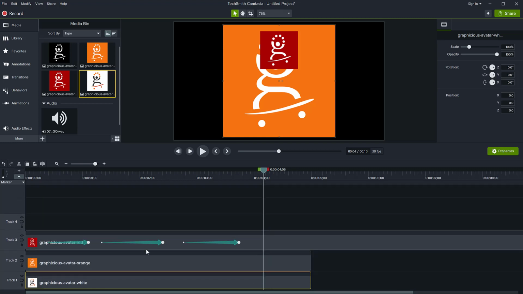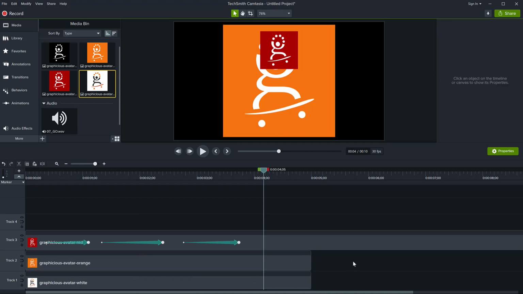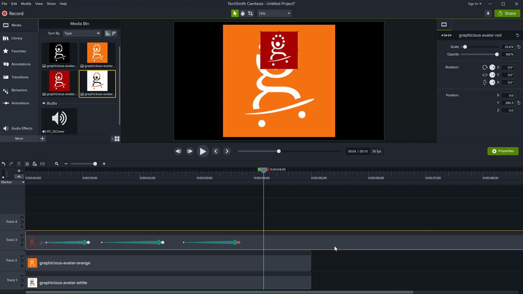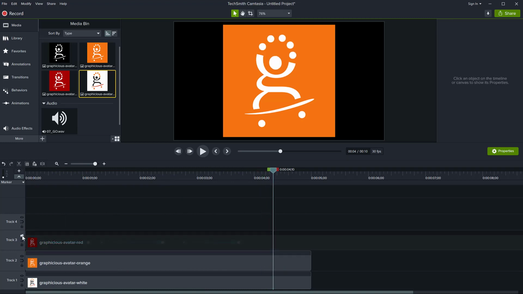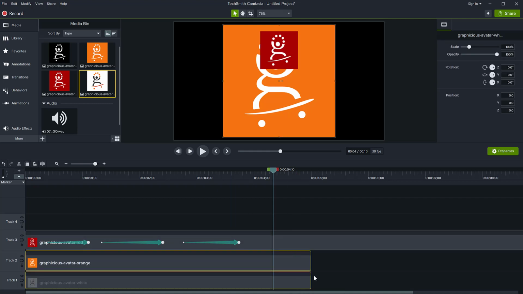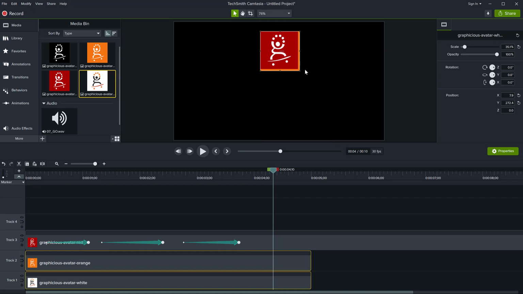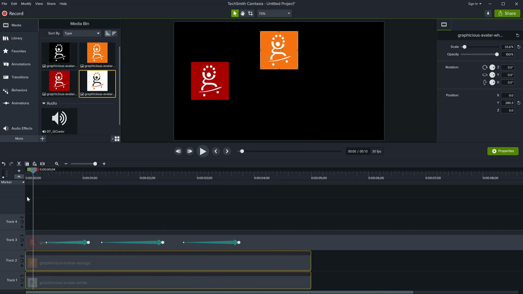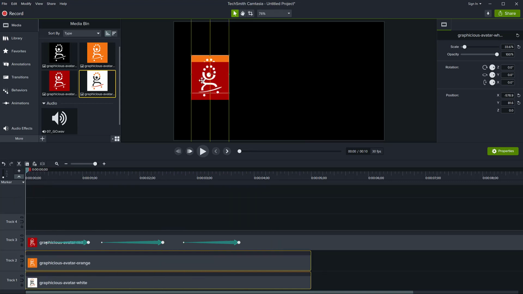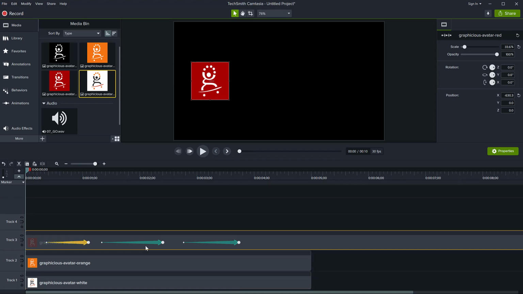So once you have set the size of the object and the initial placement, you can play with them. If you see now, this red one has the proper size, but if I hide this one for a little bit, these other 2 ones are quite large. So if I select both of them using my shift key, or I drag like this, I can then resize them on my canvas, and because of this very helpful snapping, I can quickly find the place where they should be, and then all I have to do is put them at the starting point and copy.